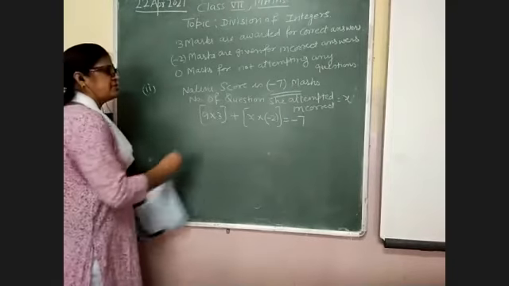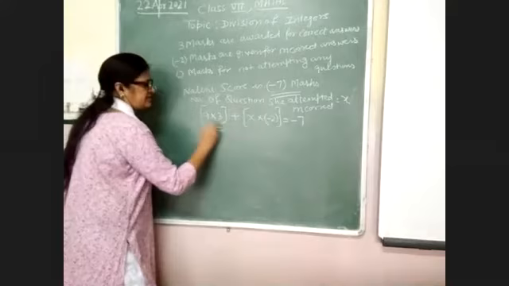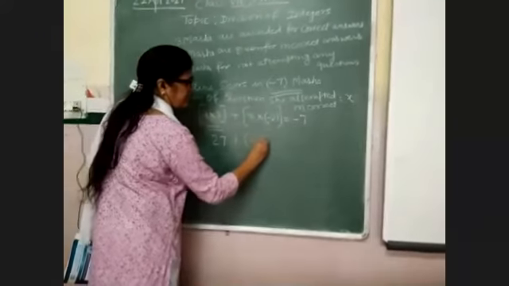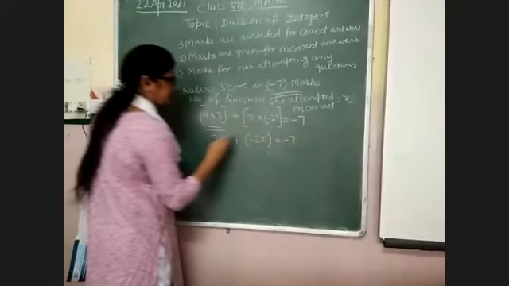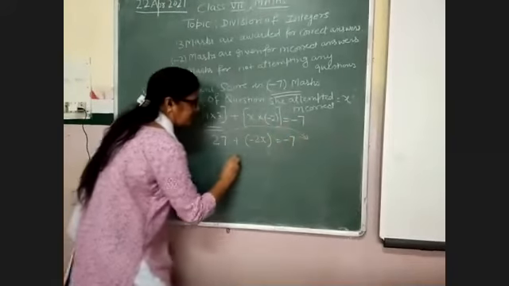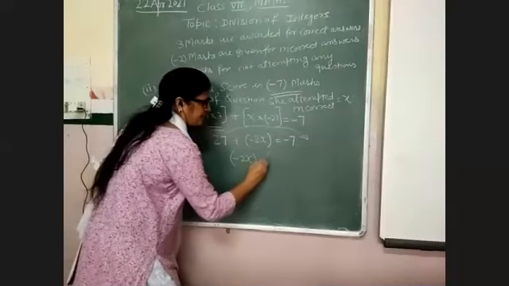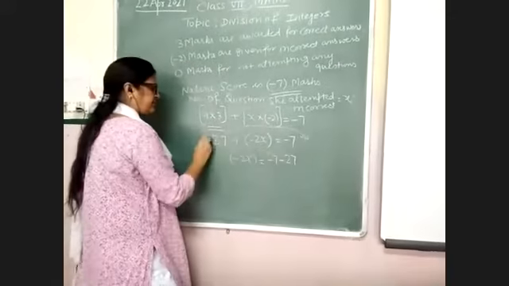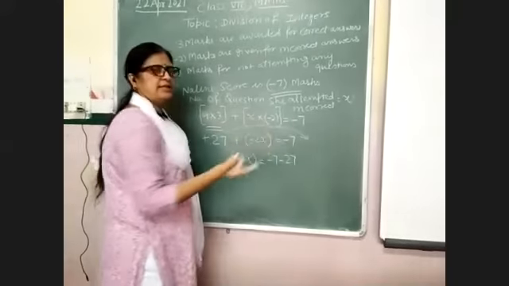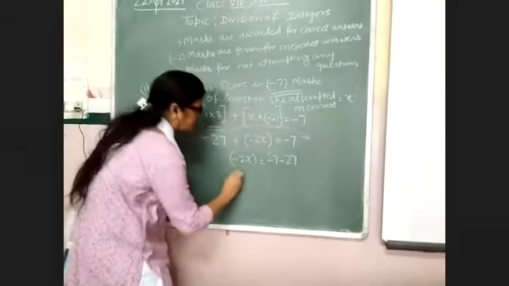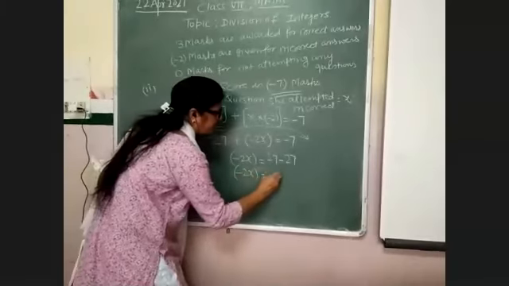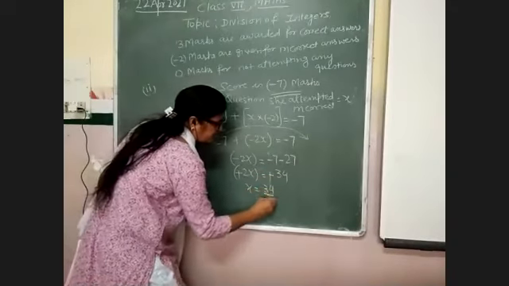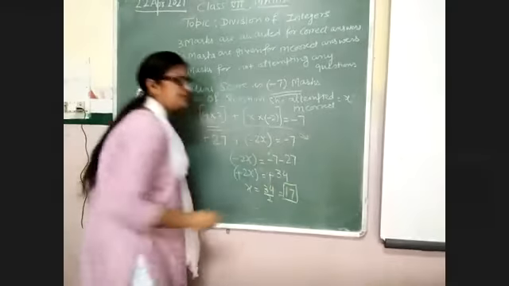Okay, so how will you solve this equation? 9 times 3 is 27, and plus minus 2x equal to minus 7. When you transpose 27 to the right hand side, it also becomes minus 27, because when a plus term is transposed to the right hand side, its sign changes. So minus 2x equal to minus 34. Cancel minus with minus. So 17 questions she attempted wrong.